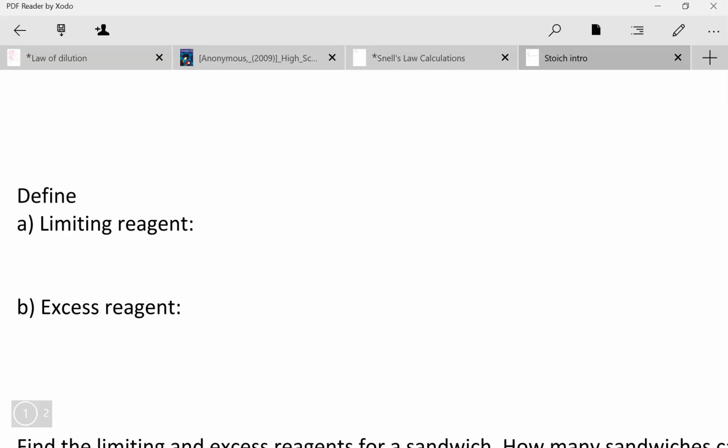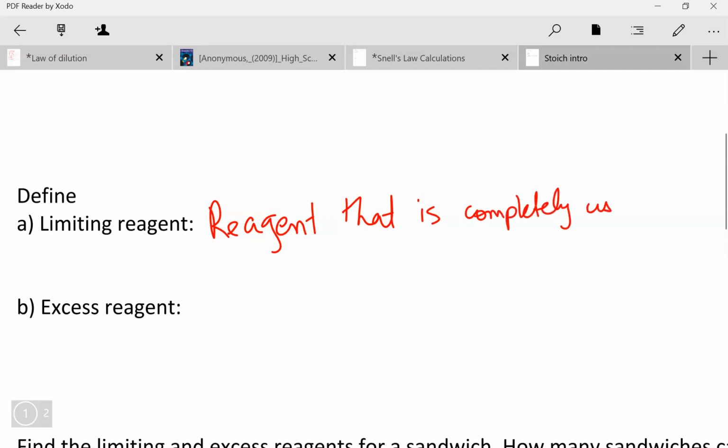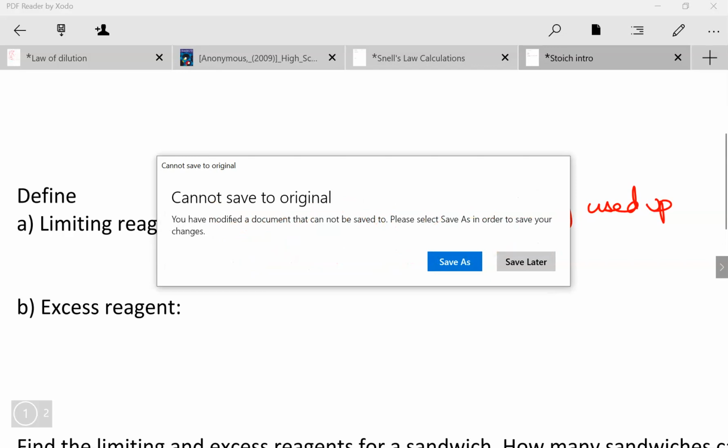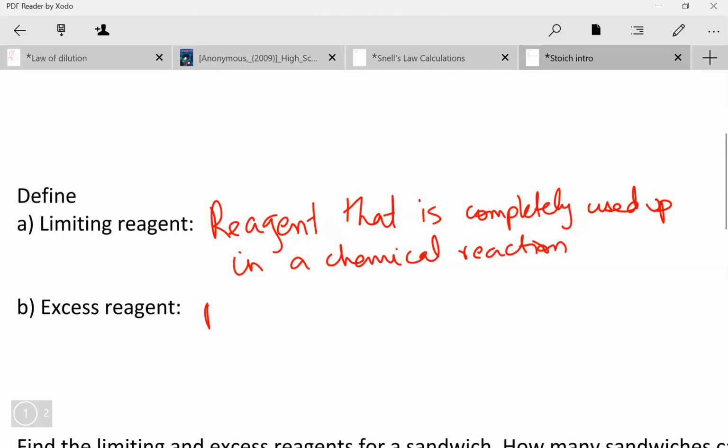So first we will define our limiting reagent, which is the reactant or reagent that is completely used up in a chemical reaction. So this is the reagent that after the reaction's over is completely gone, and our excess reagent is the